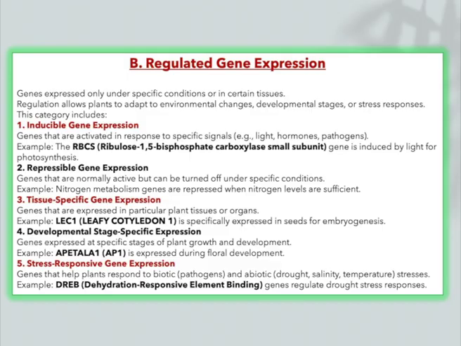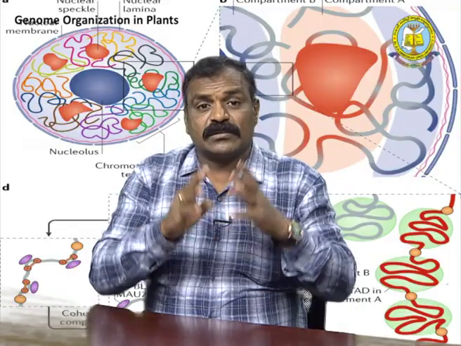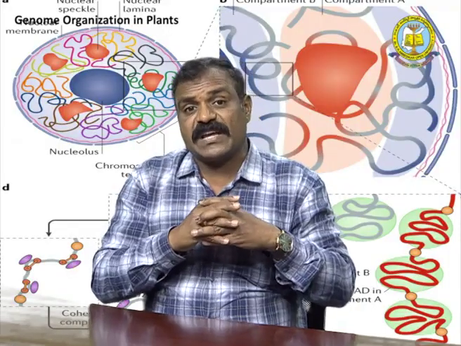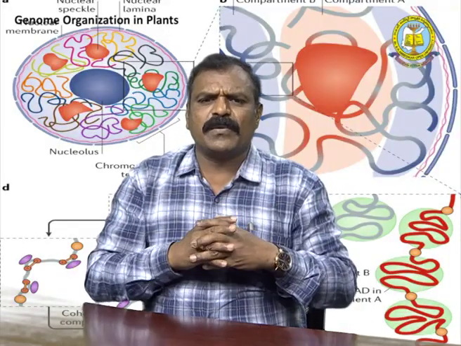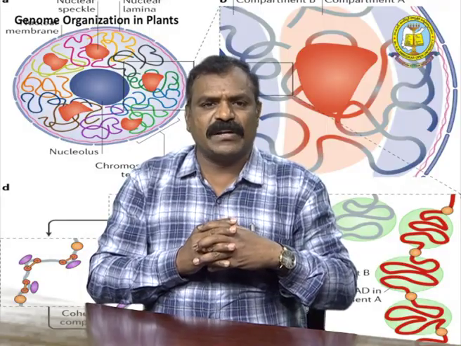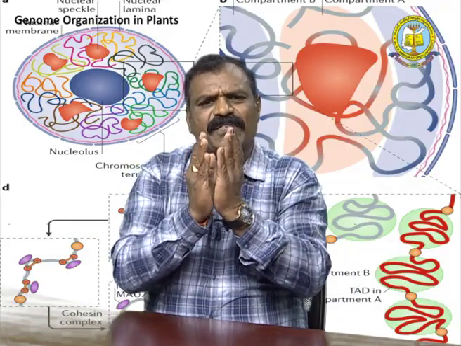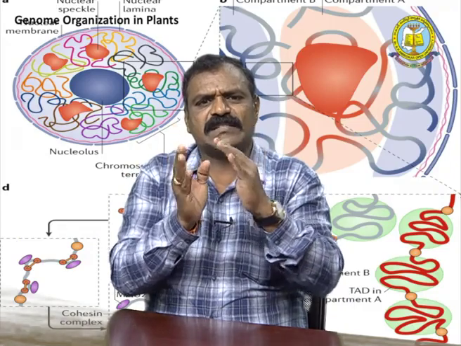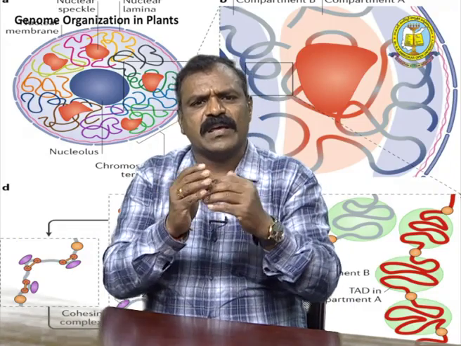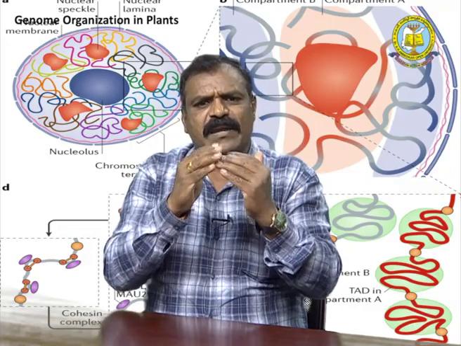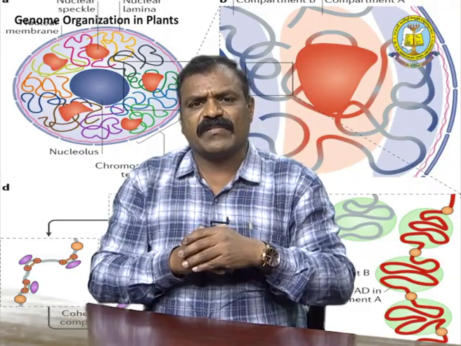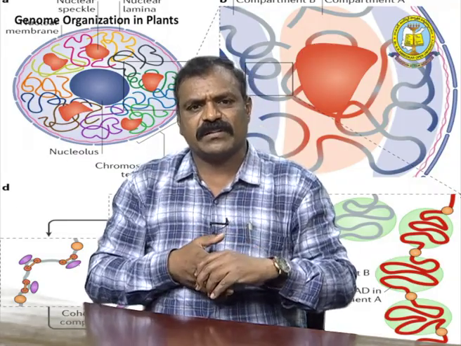Then developmental stage specific expression. For developmental stage expression, the best suitable plant is Arabidopsis thaliana, in the leaf and even the flower pods, which involve genes like apetala one and leafy cotyledons. These are different types of segments which we discussed in the developmental stages of specific expression. And stress